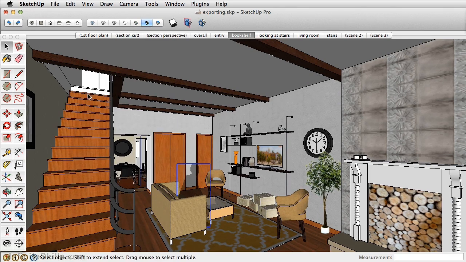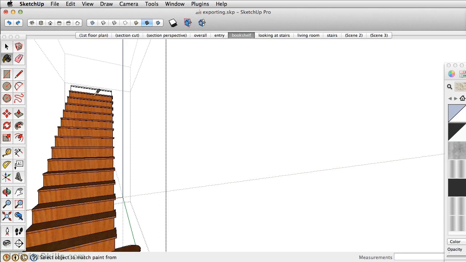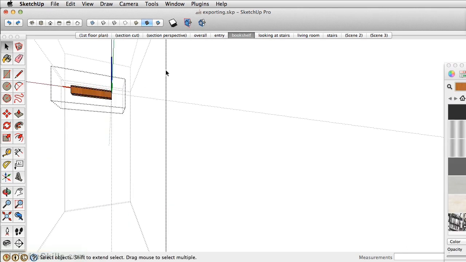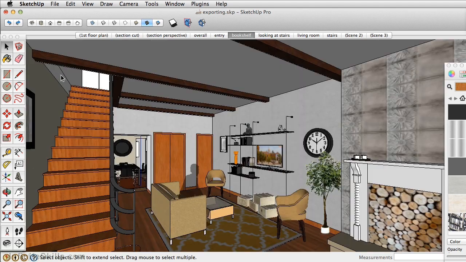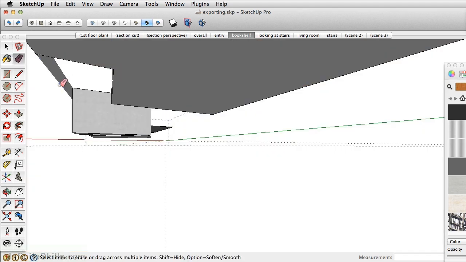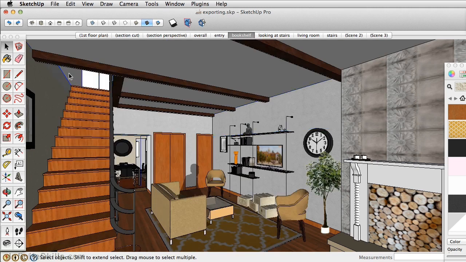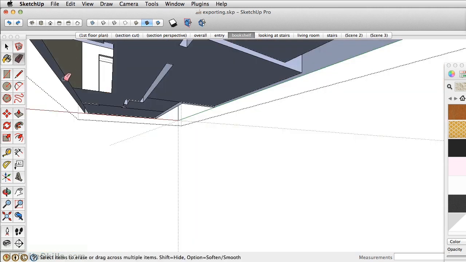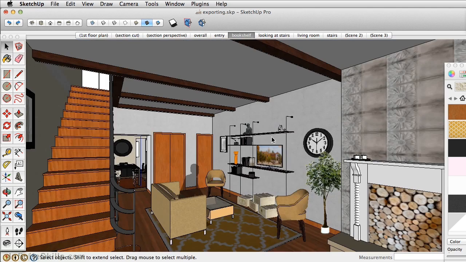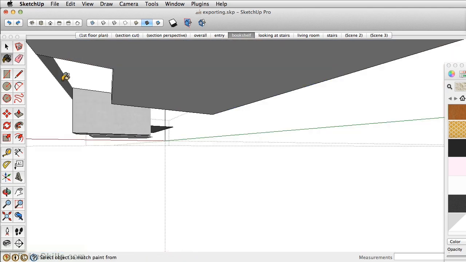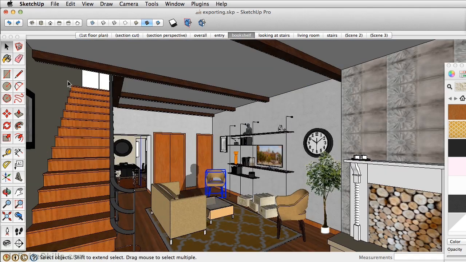Let's take the Select tool, sample that wood. Let's fix that last step that we forgot to color in there. And we can also hide the edges here. Apply the wall texture. Hide this top edge. And hide that bottom edge. And that way that looks flush. Remember, of course,